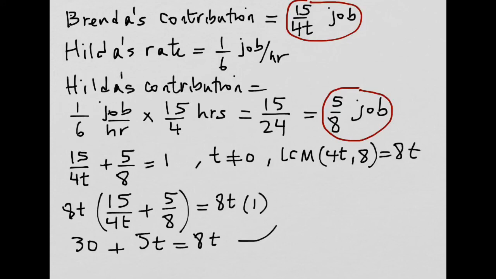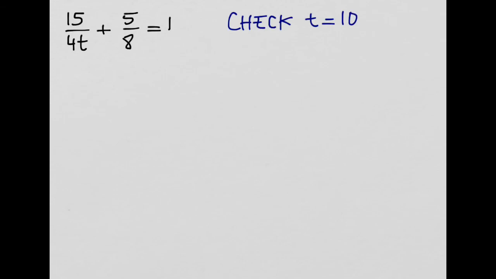This gives us 3t equals 30, which means that t is 10 hours. Let's check that t equals 10 is in fact a solution to the equation 15 over 4t plus 5 over 8 equals 1. If we plug in t equals 10 for t on the left-hand side, we get